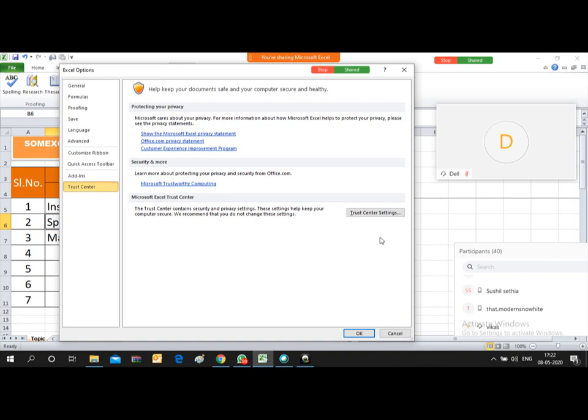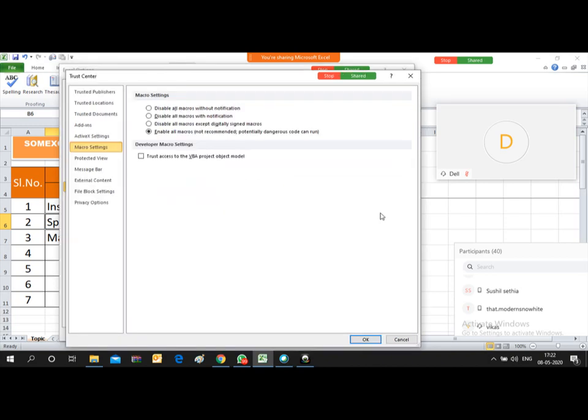Under Trust Center, the Trust Center Settings button is there. You click over here. Under this, again one new dialog box will appear. Here you will find Macro Settings. Friends, in most systems you will see that this is disabled, but here I have to make it enabled.